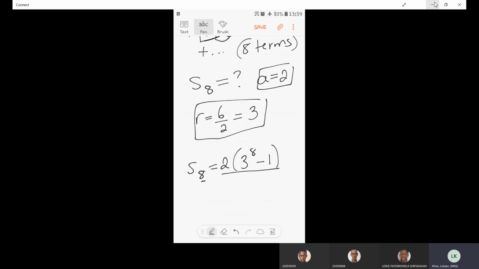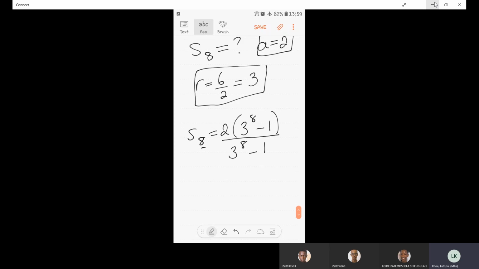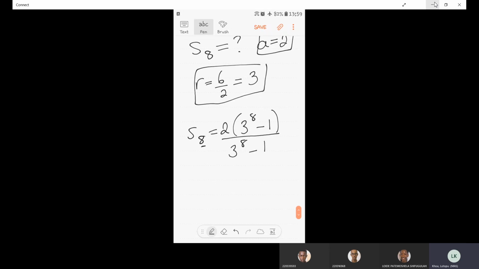And then I divide this by R minus 1. Okay, that is the formula. Then this, you just work it out on your calculator. If you do it correctly, you will see that this is